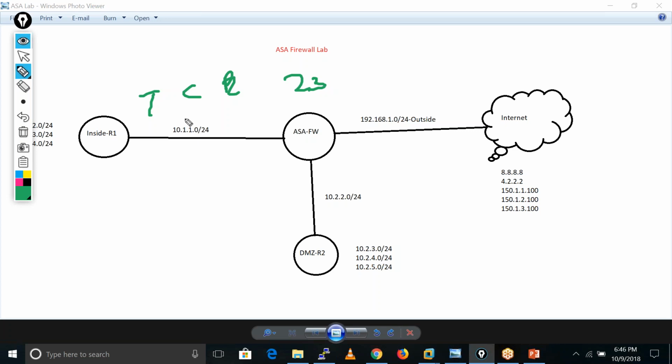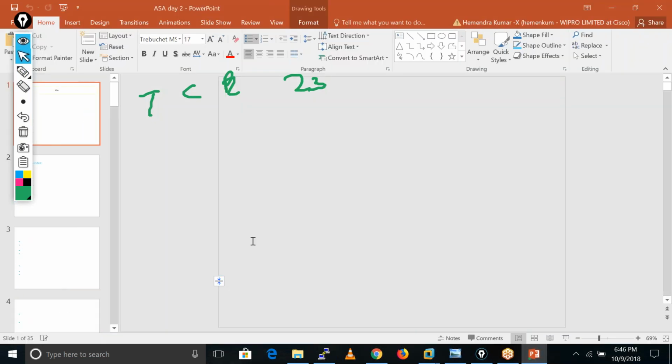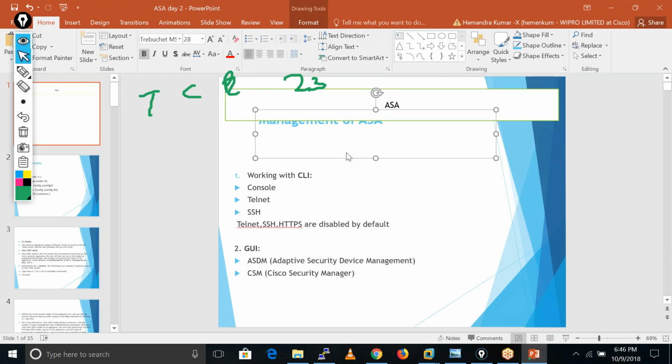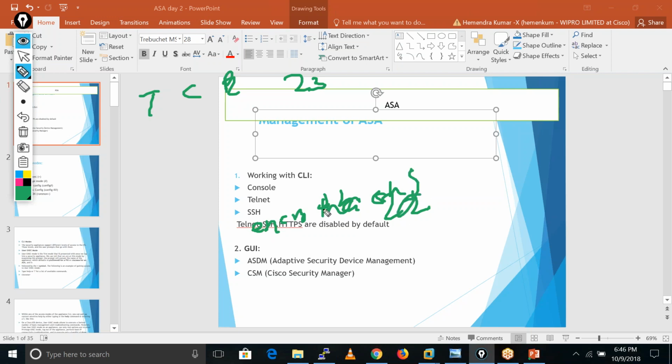To mitigate this problem, Cisco started using the SSH connection. SSH works on TCP port number 22, and it provides two things: encryption and hashing.